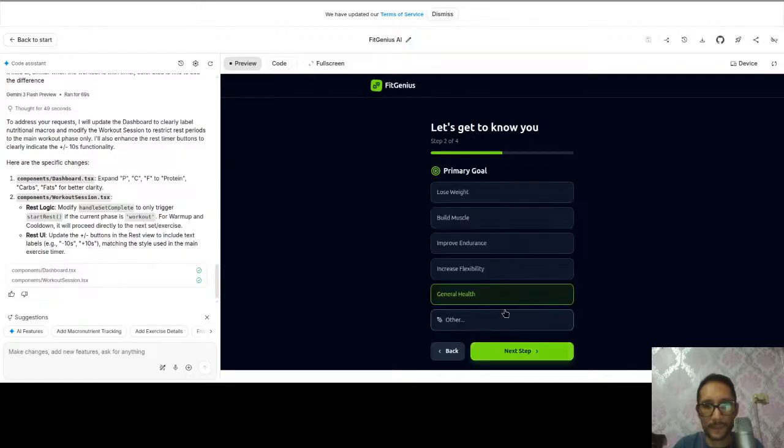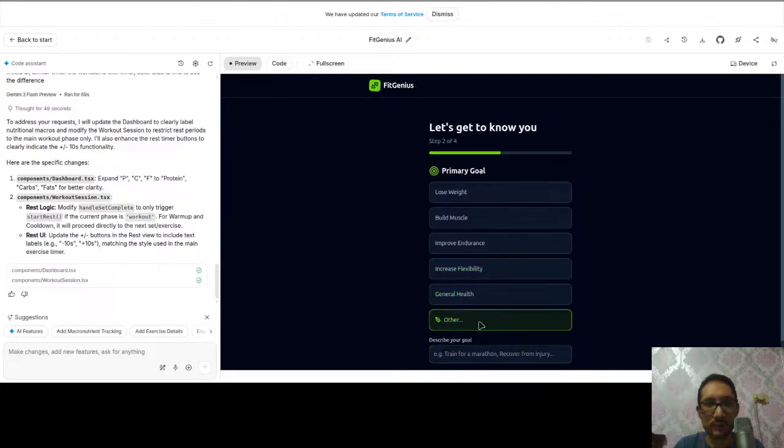Then the primary goal is here. You can put lose weight, build muscle, improve endurance, increase flexibility, general health, or if you want something very specific, you can add it too.